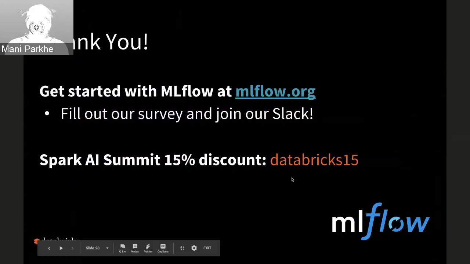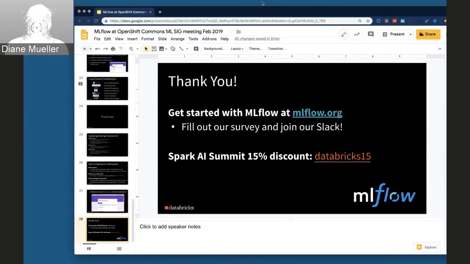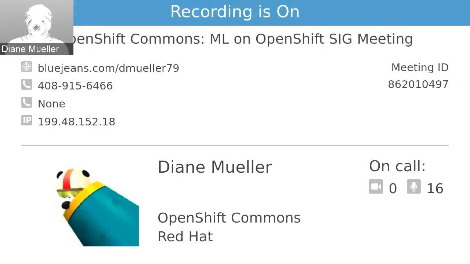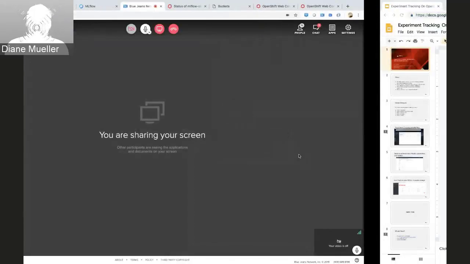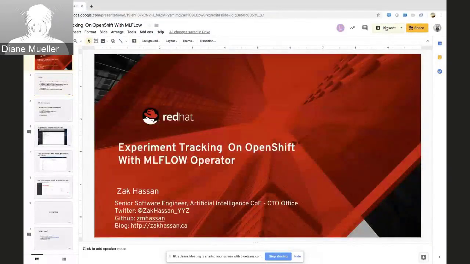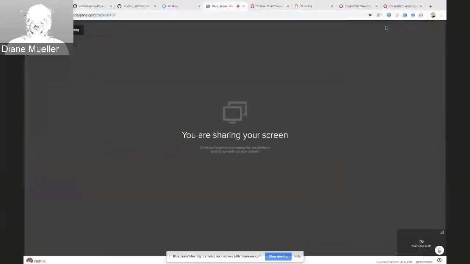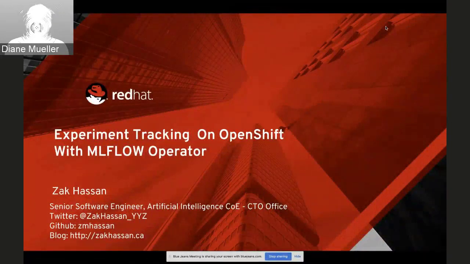I'm sure we'll have some people there from Red Hat for sure. So next up, if there's no questions, or maybe we'll save the questions for after Zach's demo too. Zach, if you want to take over sharing the screen, we will get you set up. And Manny, if you could add into the notes the link to your Bay Area meetup too, because I think that would be of interest for folks. Yes, I'll do that. Perfect.